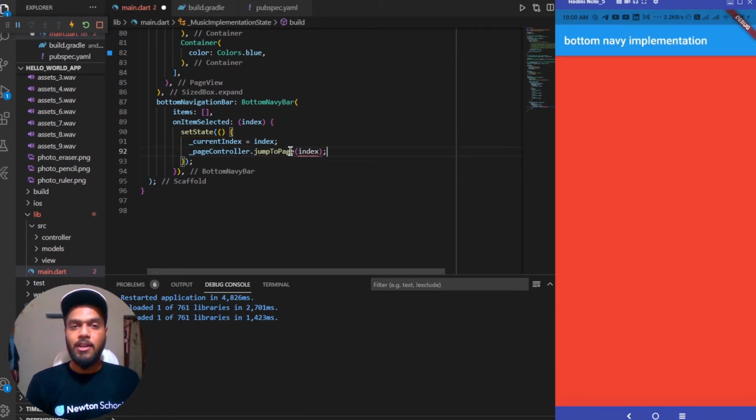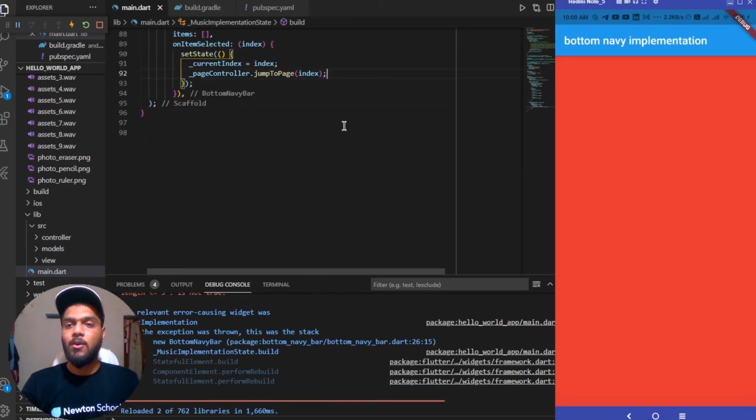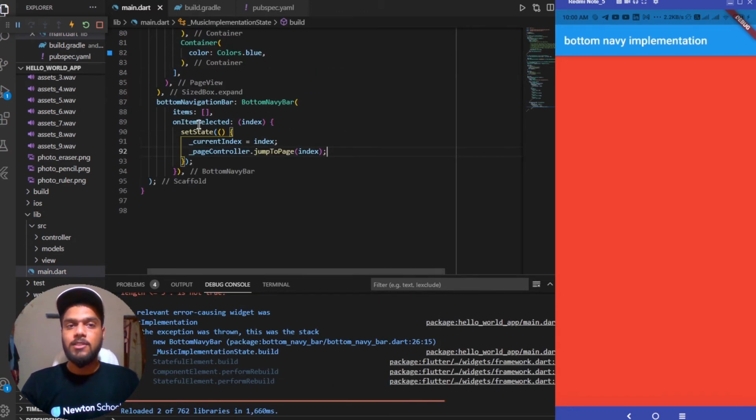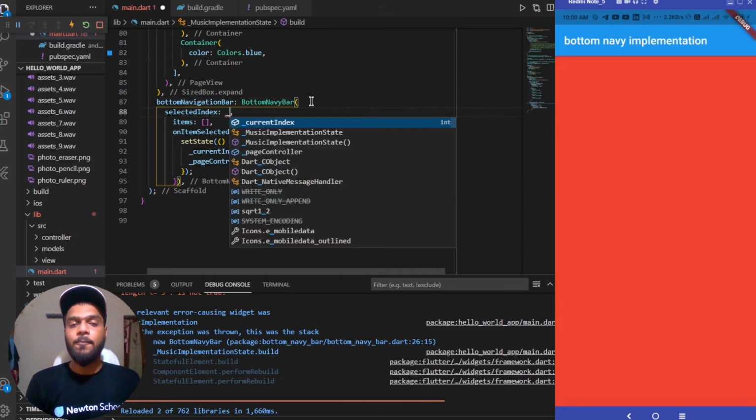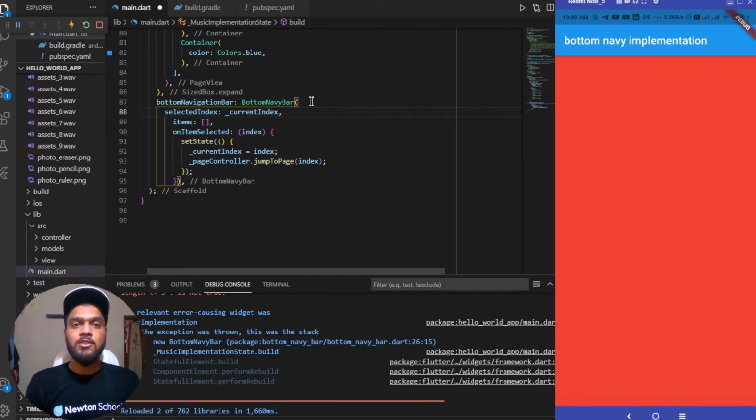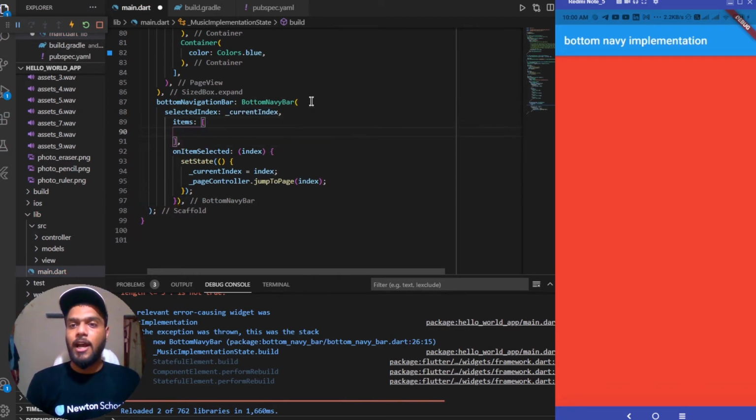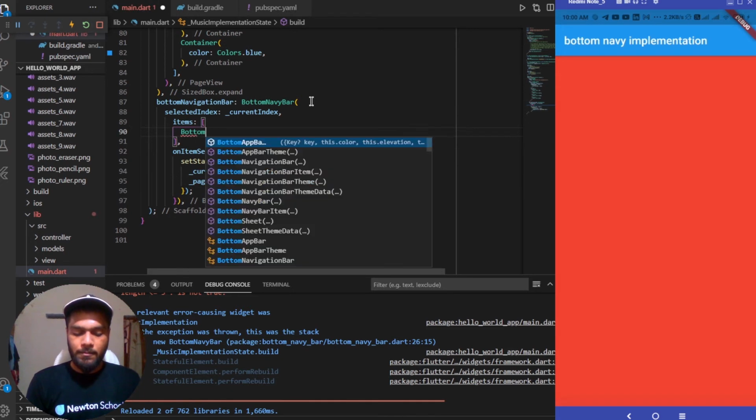So that's why we have created a page controller for jumping between the pages on selection of a particular item. Next we can add a selected index in it as well. So it will be for telling the package that this is the particular selected index, and we can change the layout or the styles for that selected index. So the value of this will be equal to _currentIndex, and for the items